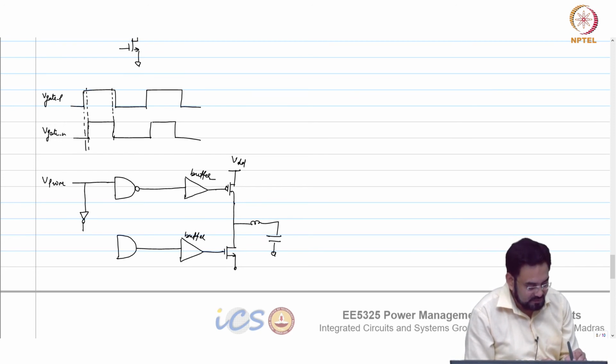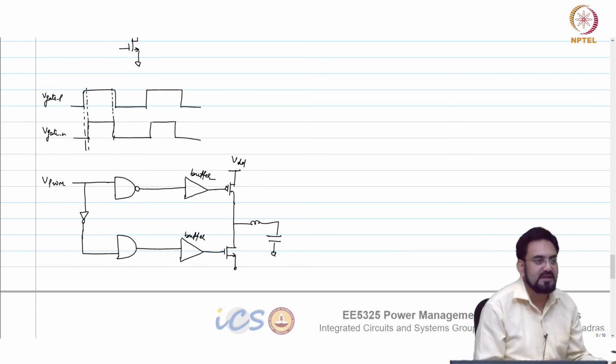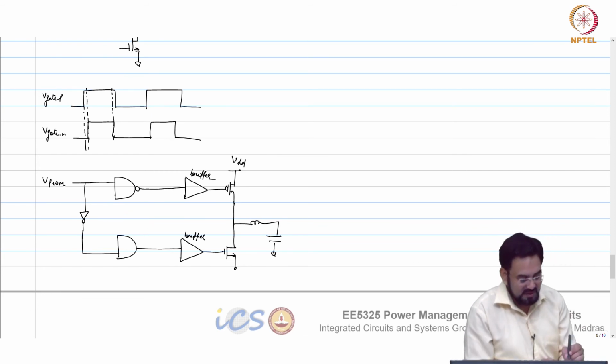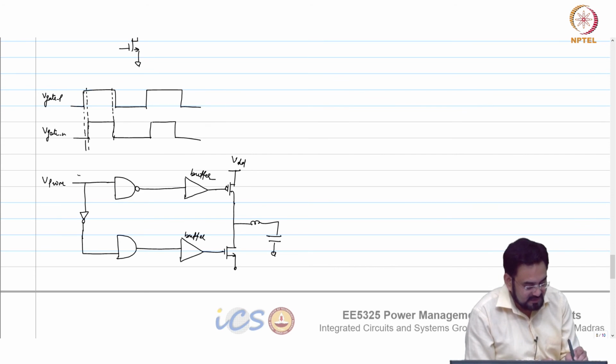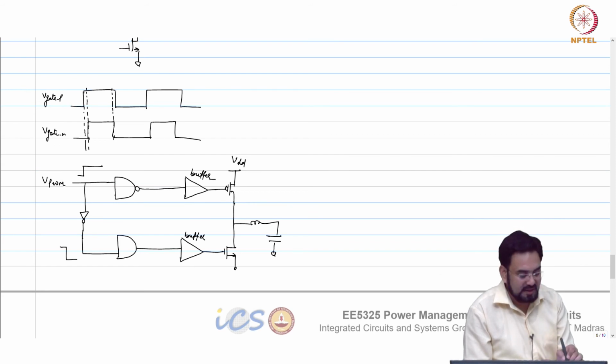So all I need to do is place one inverter, and when this goes high, this will go low, and this will forcefully make the gate 0. Now we have to look at this signal. If this is going high, then this will go low, and I want to turn this on. I know this will turn off immediately, and I want to turn this on after some delay. When both are 1, the output will be 0, so I have to make this other signal 1 after some delay.